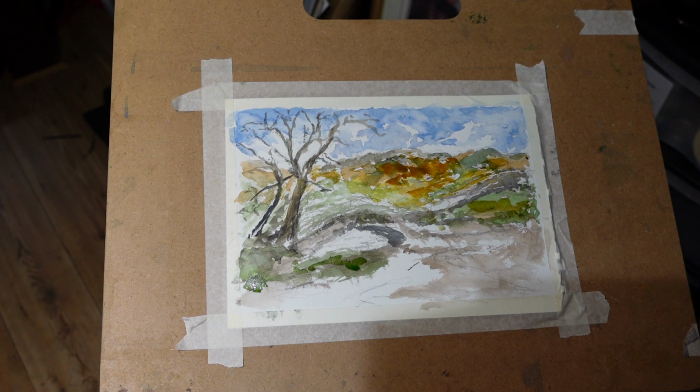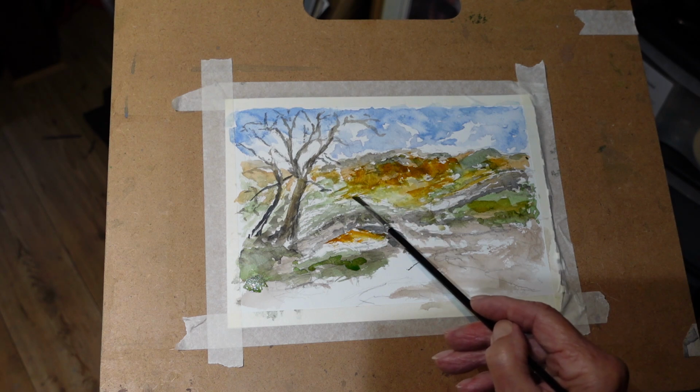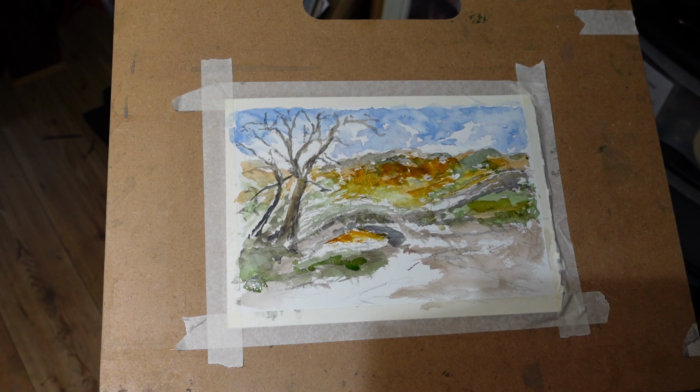Right, let's get some of this bridge. Oh yes, I can just see a little bit of orange now, quite a bit reflecting under our water here, just reflecting off the hillside here. Let's make sure we've got something going there. And we've got to make that readable,